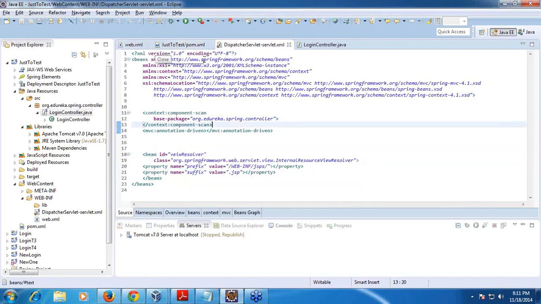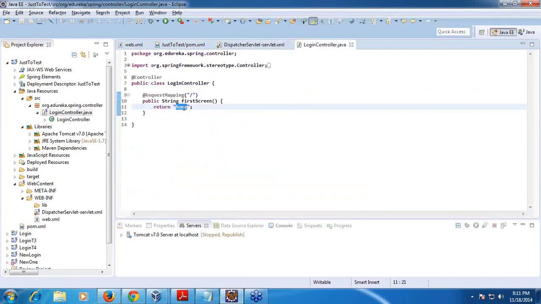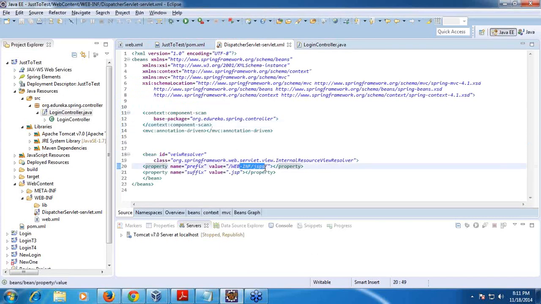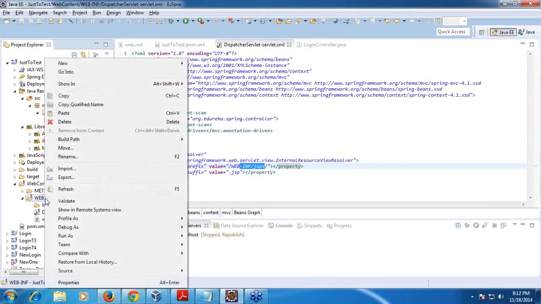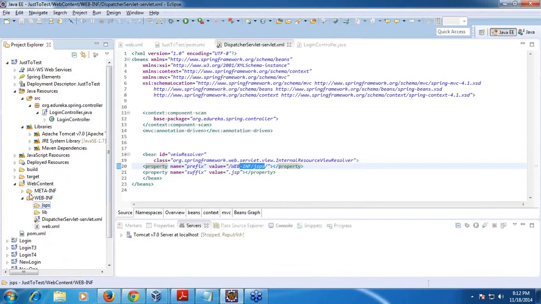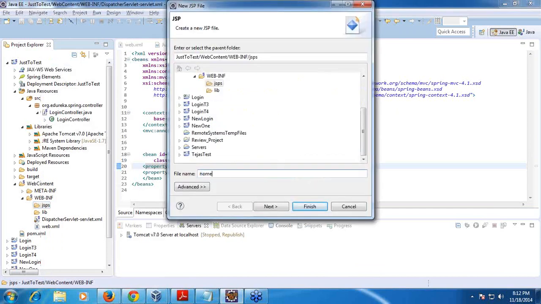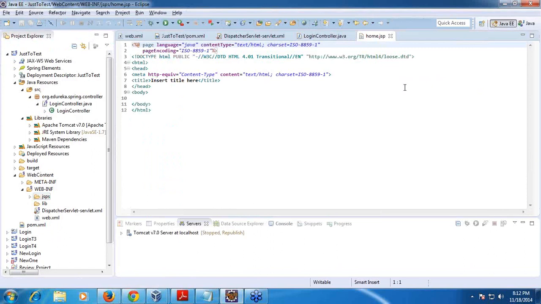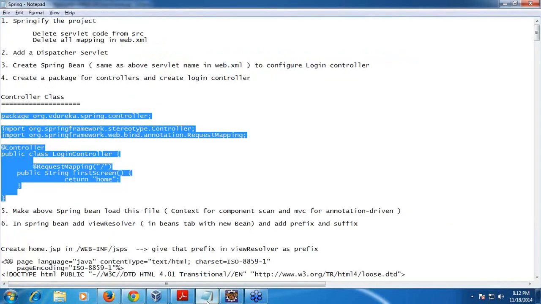Now, if you have this JSP file which is coming from this home in this package, that is good enough for Spring to understand and then show. So now let me create that JSP file here. So new folder JSPs, as I have created JSPs. So now I will create a new JSP file inside it called home. Home is just the name I have given. So now I have given the suffix and prefix in the view resolver. It understands this and then it shows this now.